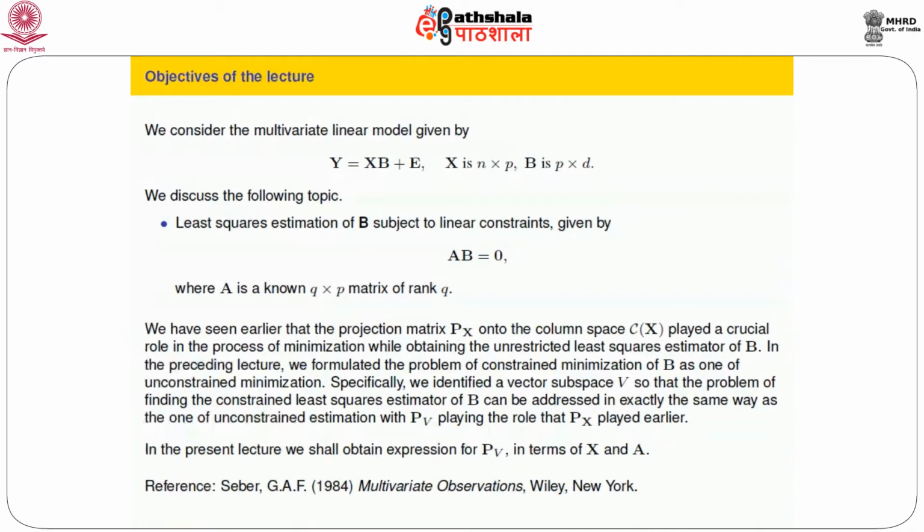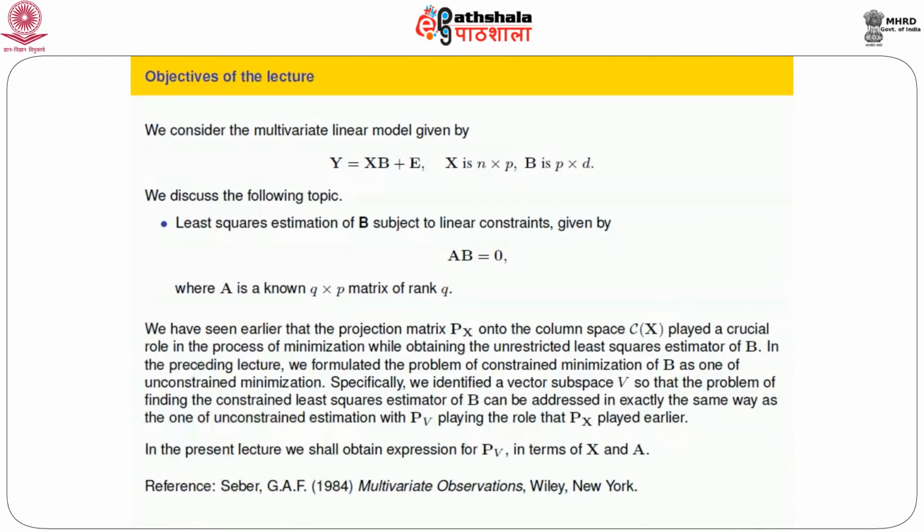Y is equal to Xb plus e, X is n cross p, b is p cross d, etc. And these are the rows y1 transpose up to yn transpose, and these are the columns y superscript 1, y superscript 2 up to y superscript d. So what are these rows? y1 transpose is the vector of observations on d response variables for the first sampling unit. Similarly for other sampling units going from 2 through n. And these are the columns. The jth column consists of n independent measurements on the jth response.